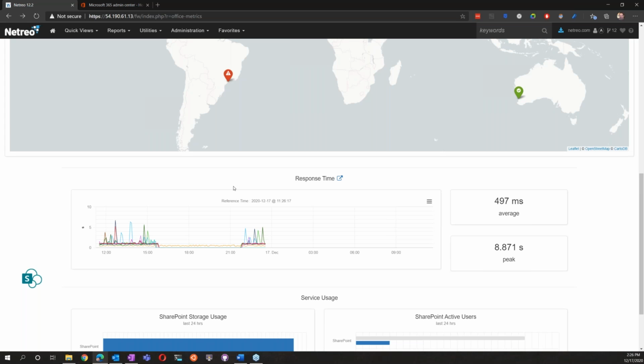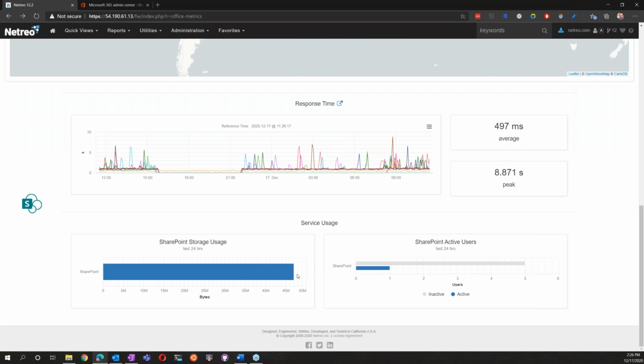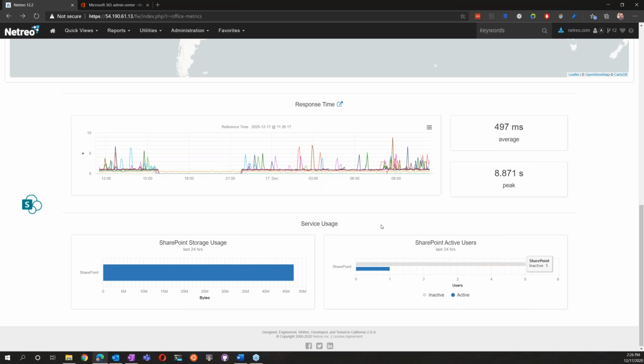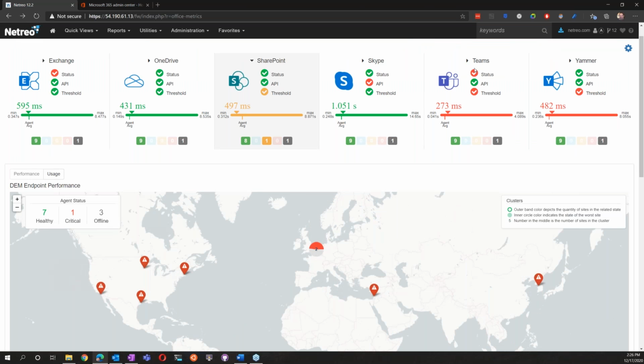There we go. So when we look at SharePoint, this is the response time that simulates an actual user versus even the best case scenario of what Microsoft believes it might look like. And this is a lot more useful for us to troubleshoot problems. We can look at the storage data here. We can also look at active users versus inactive users. So in this case, we can see that SharePoint is not actively used by our organization. Now, if we looked at Teams, as we did in the admin center,